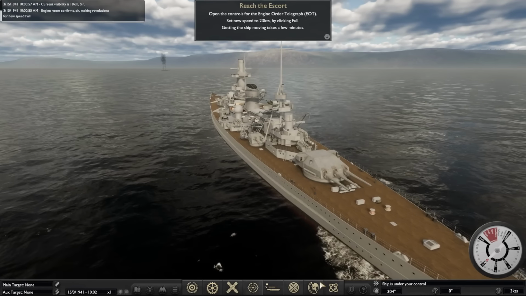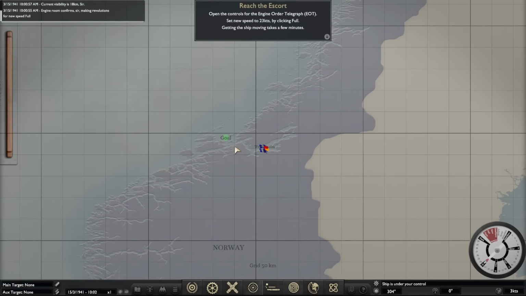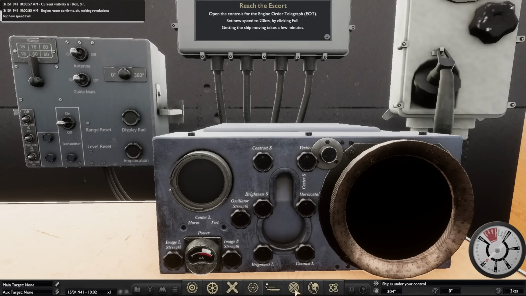So, got a map mode. Again, real strong Silent Hunter vibes. This is a radar mode, I believe. I was watching Wolfpack play with this before. I don't think it's fully implemented or anything like that, but